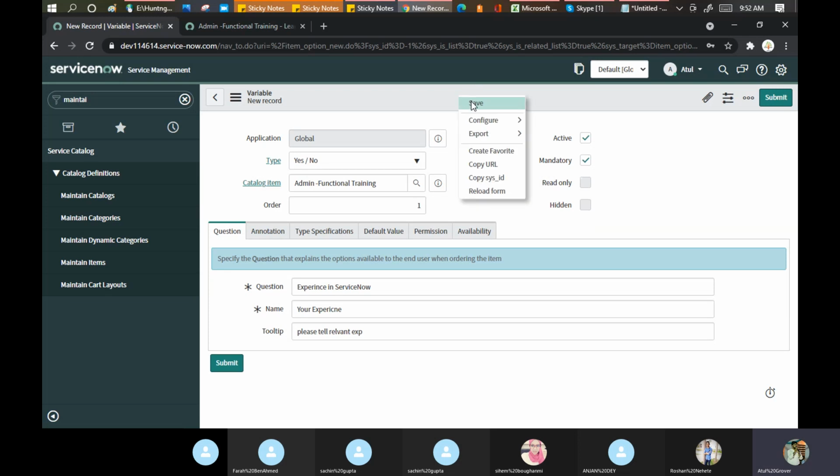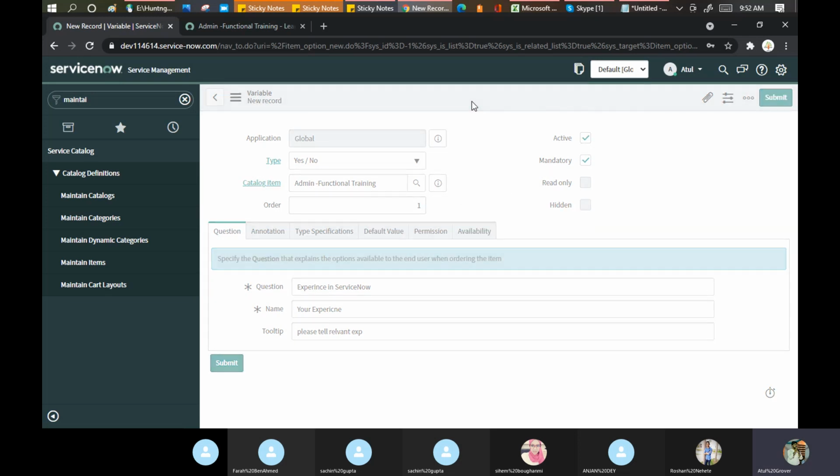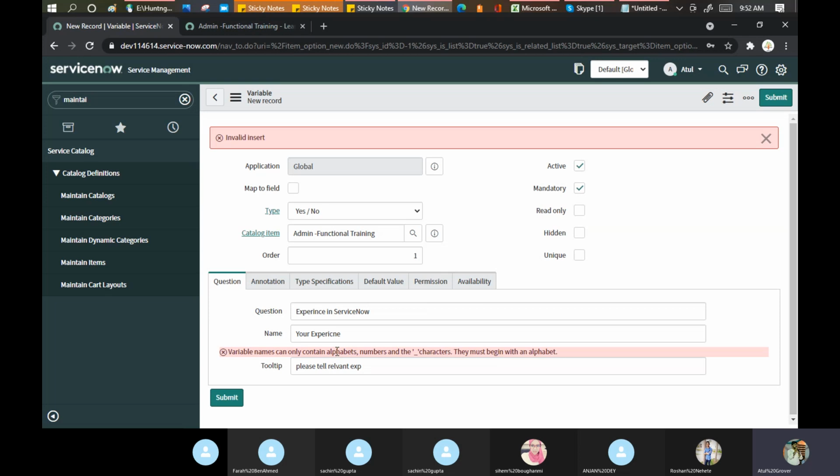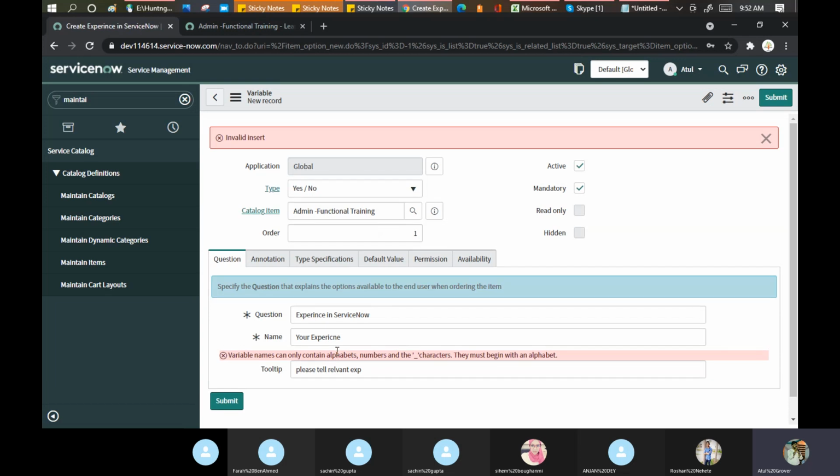I'm not going to do anything else here, just go step by step. Invalid insert. What happened? Variable name can only contain alphabets and underscores, and must begin with an alphabet.